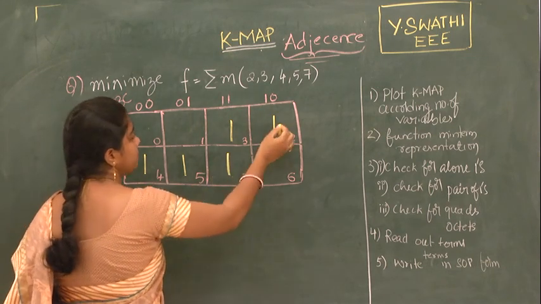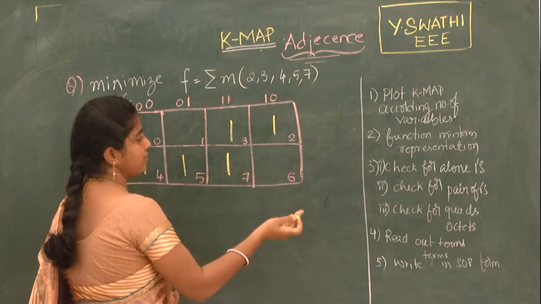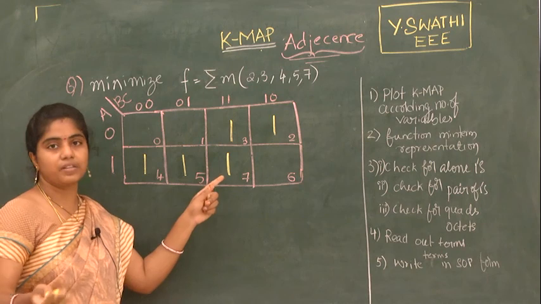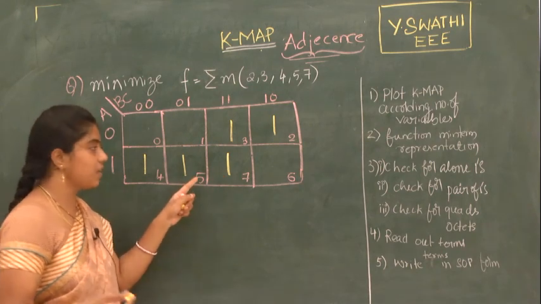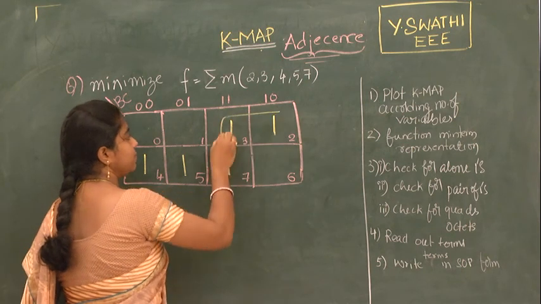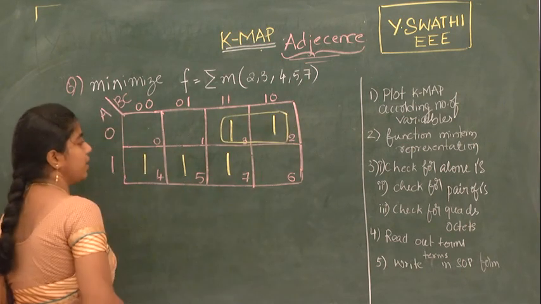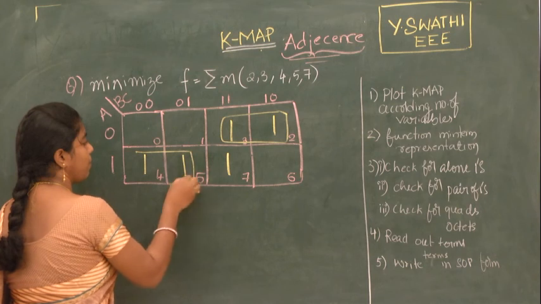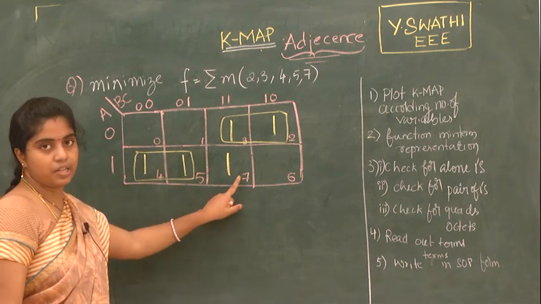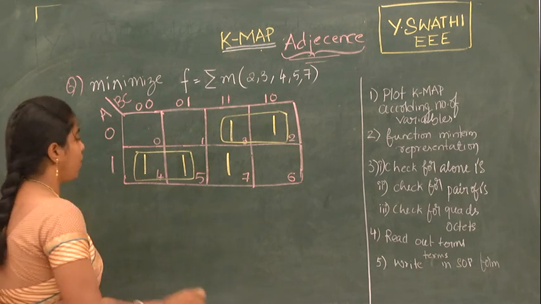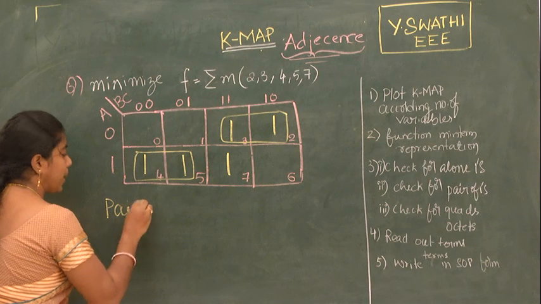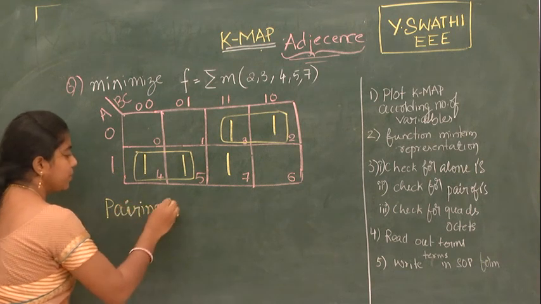So now we have to pair. Now check for the alone ones. Every one is adjacent to another one, so there are no alone ones here. Now check for pairs. This forms a pair. Now this forms a pair, and these three ones are adjacent to each other but cannot be paired, because pairing or grouping